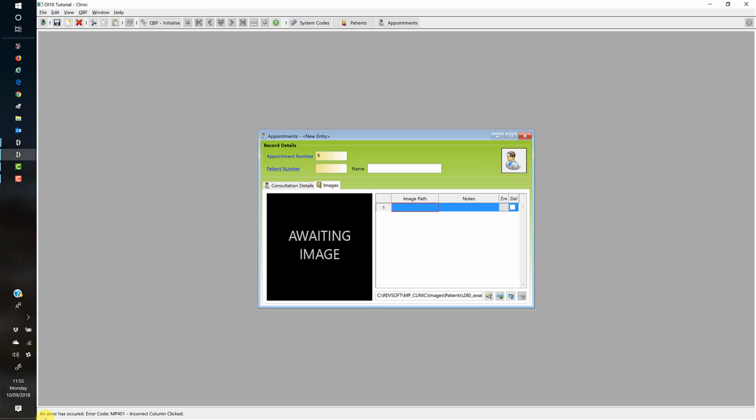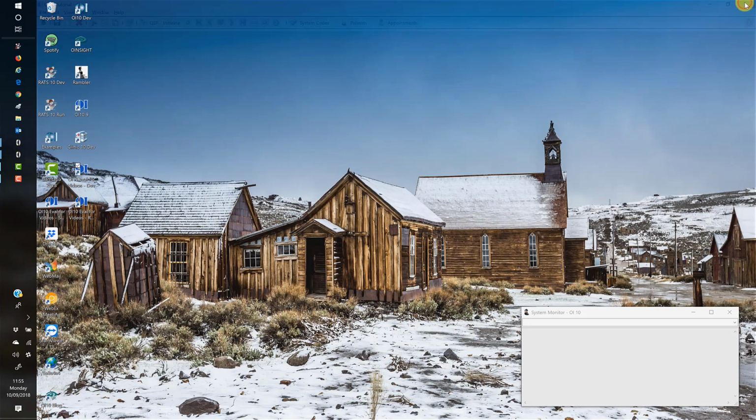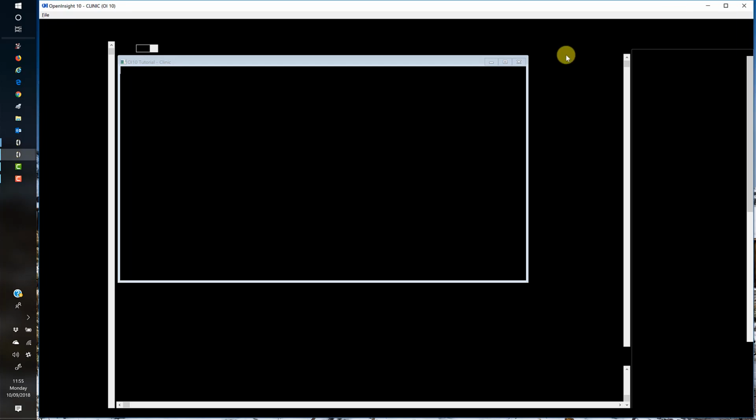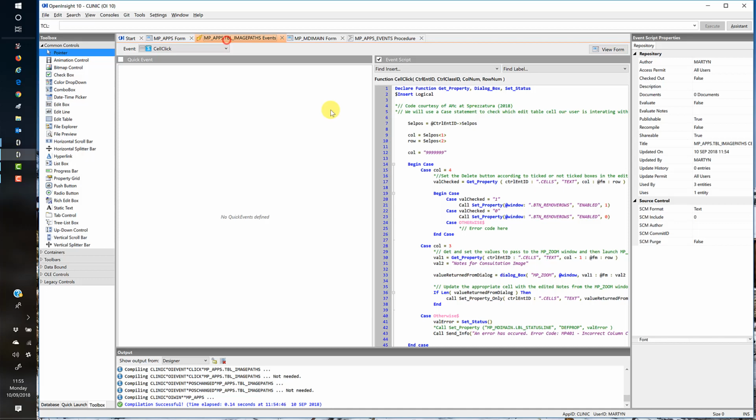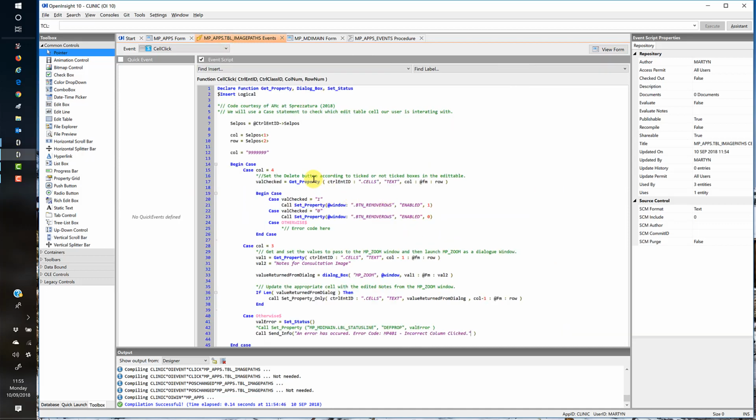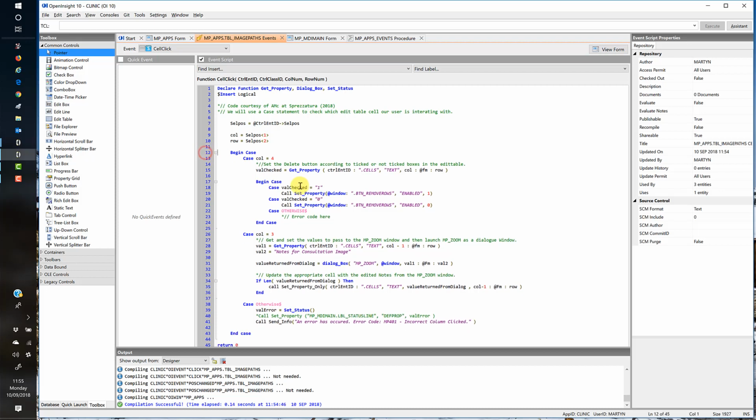And obviously when you're writing your code, if you use a debug, then you'll be able to see whether you're getting a 0 back from OpenInsight or whether you're getting one of the system error messages returned, which makes a lot more sense to use those if necessary, but you can use your own. So this particular code that we have in here at the moment, let me just bring it back up for you. I'm going to get rid of the code 999 because we're done with the proof of concept in here,